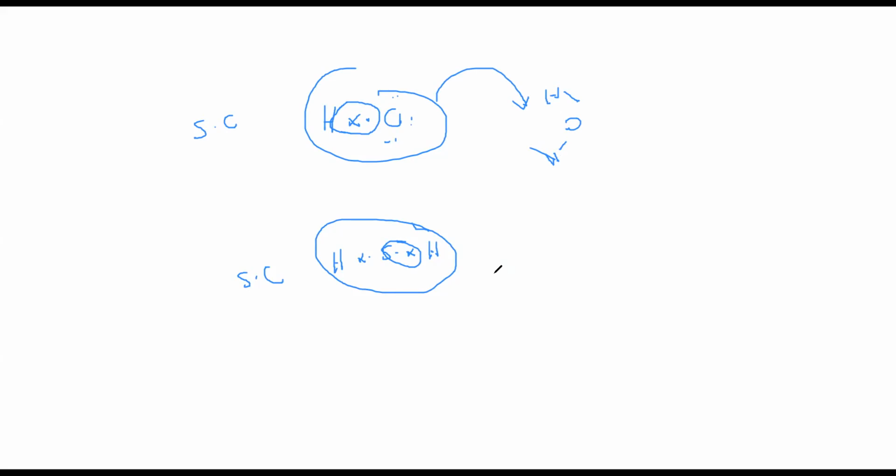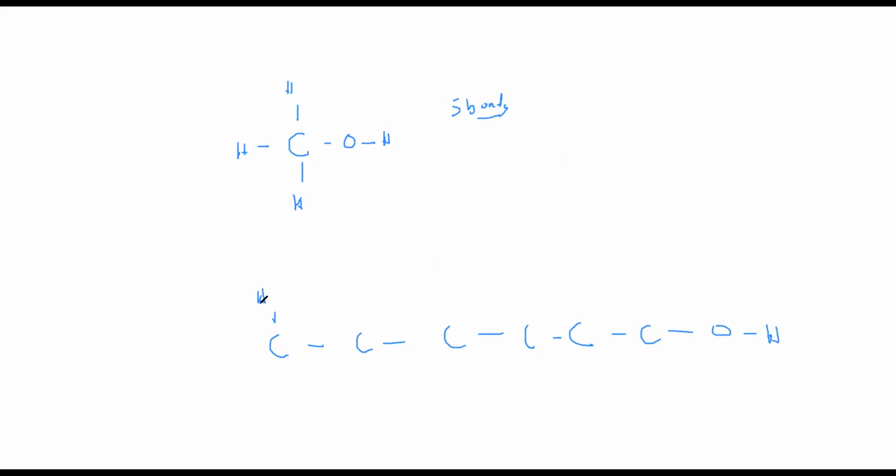So the solubility of a substance depends on the strength of the bond and the number of the bonds within the structure. Like if I have CH3 and OH, how many bonds are there? 1, 2, 3, 4, 5. So 5 bonds are there. When we add it in water, we observe it can dissolve. But if we have a similar kind of compound which has OH but more bonds, we will observe that the substance is not dissolving in water.